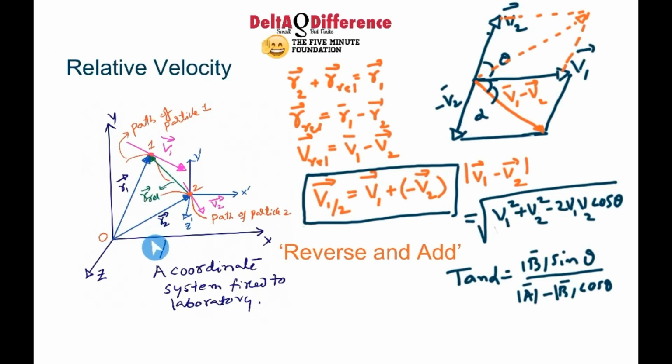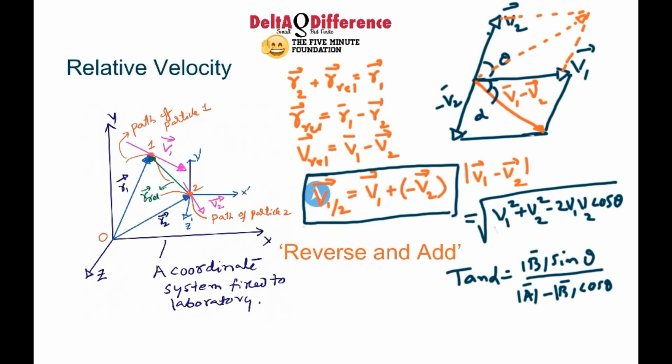Right? Now, from the law of triangular vectors, R2 plus R relative is equal to R1. You wanted this R relative, that is R1 minus R2. Differentiate this with respect to time, you get V relative equals V1 minus V2, the vector difference. So the basic definition of velocity of 1 with respect to 2 is velocity of 1 minus velocity of 2. If you want the velocity of 2 with respect to 1, you will write V2 minus V1.